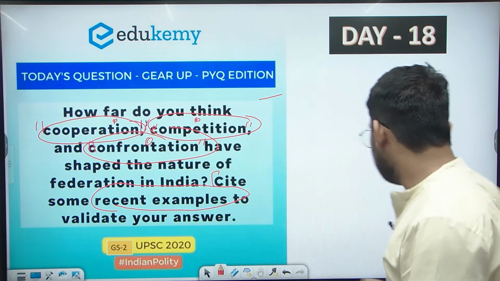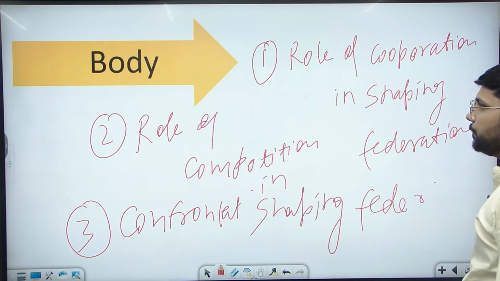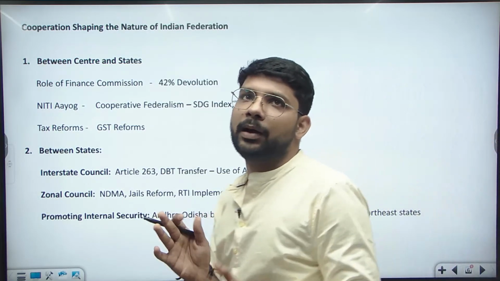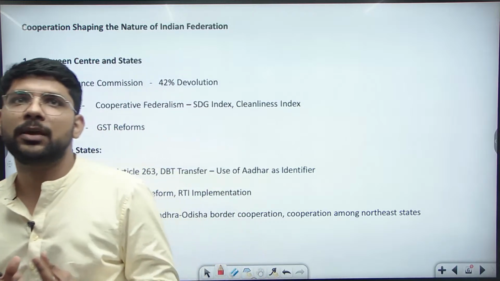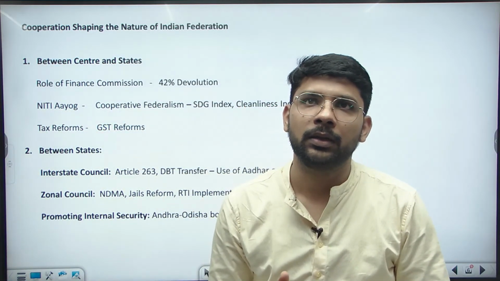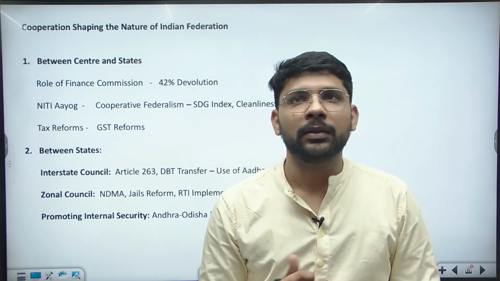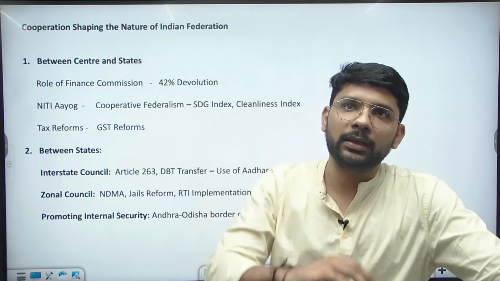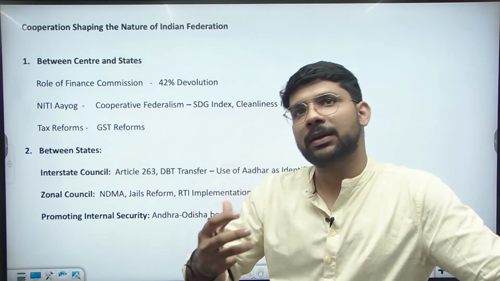Okay, let's move to the body part. In the first part of the body, we will discuss the cooperation shaping the nature of Indian federalism. How cooperation is shaping the nature of Indian federalism. The cooperation between the center and the states, and the cooperation between different states, is shaping the federalism in the